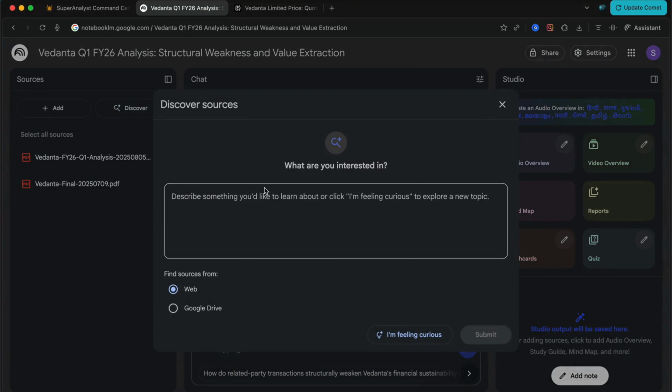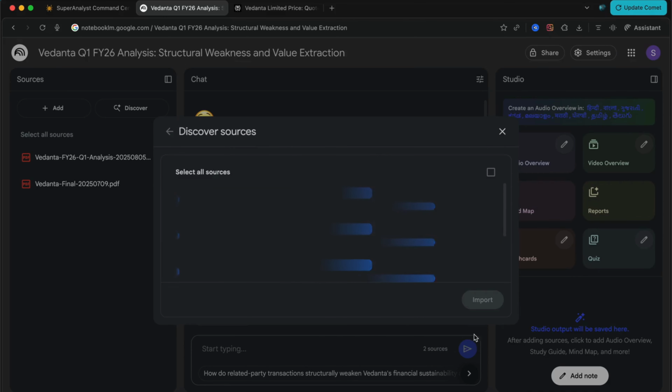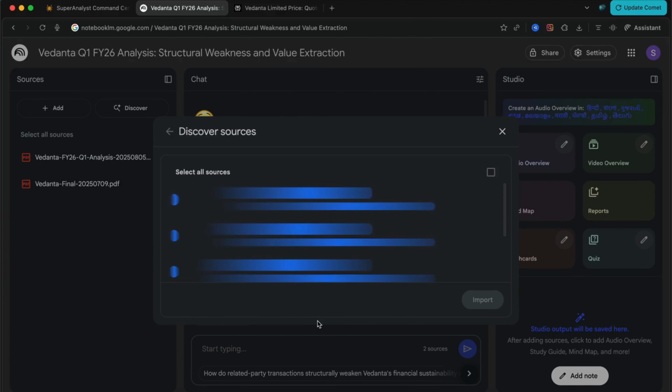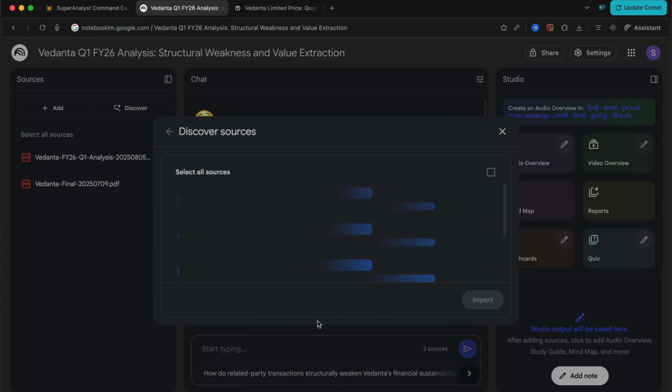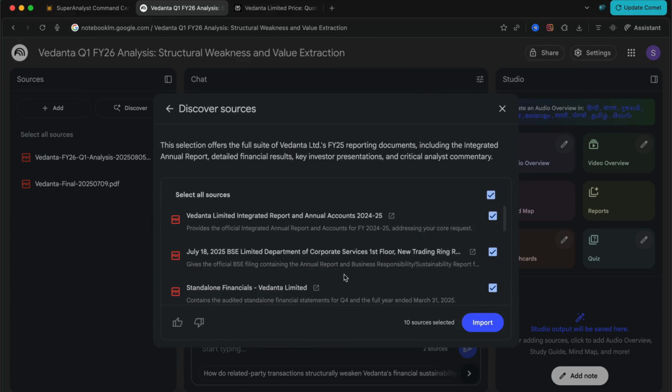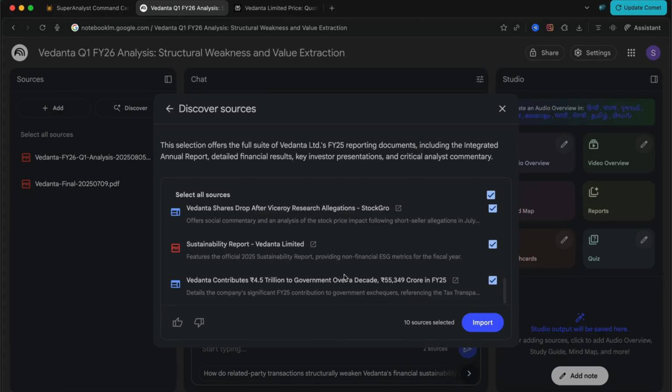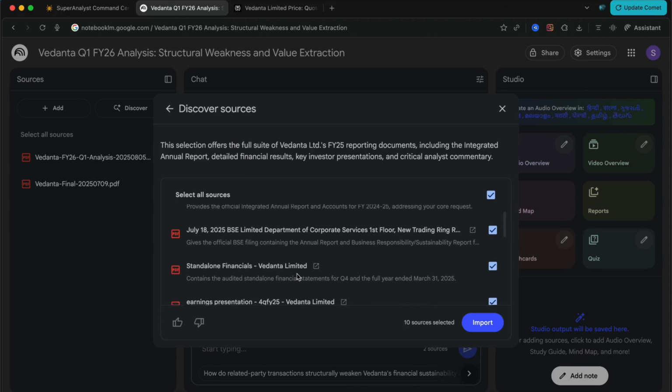So I will go into discover now, and what I want is the annual report of Vedanta Limited for FY25, and I will just submit it, and we will just wait, and it will try to source all the relevant sources for this, and we will check out these sources. So I am right now just interested in the Vedanta annual report, but you can just see